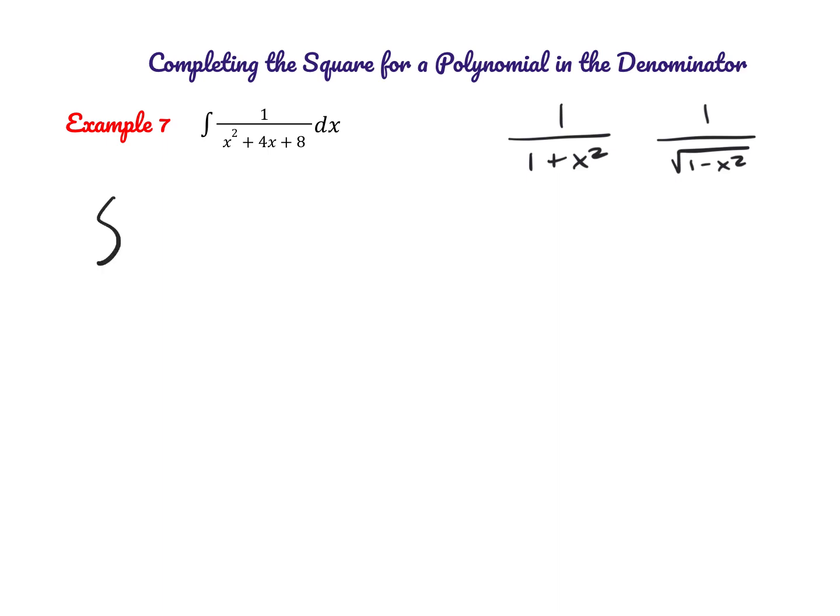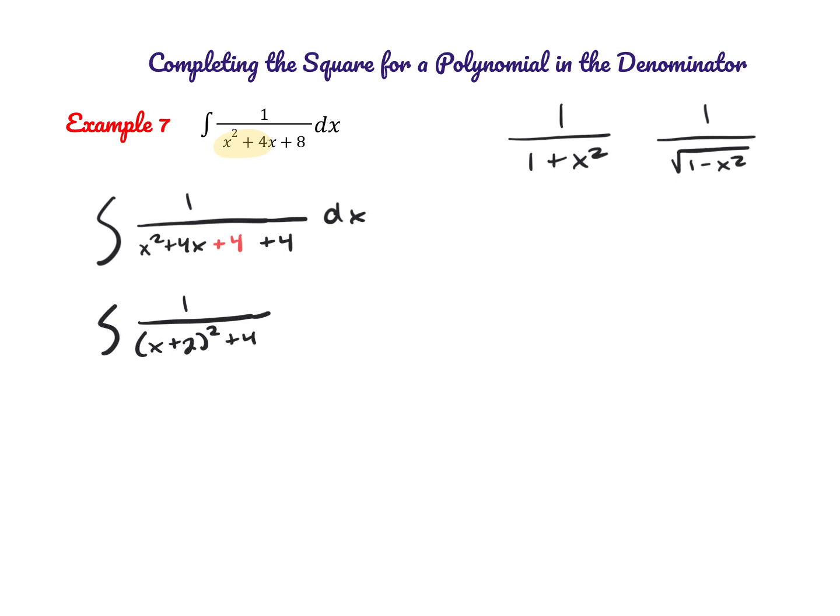So let's try completing the square in our denominator. So if I'm just looking at the first two terms here, we have x squared plus 4x. The number that completes our square is 4. But we need to make sure we're maintaining the same value as our original expression. So originally it said plus 8, so then I'm going to add another 4, so it's still plus 8, but I'm going to keep them separate, so then I can rewrite this as x plus 2 squared plus 4. So from here I can see that